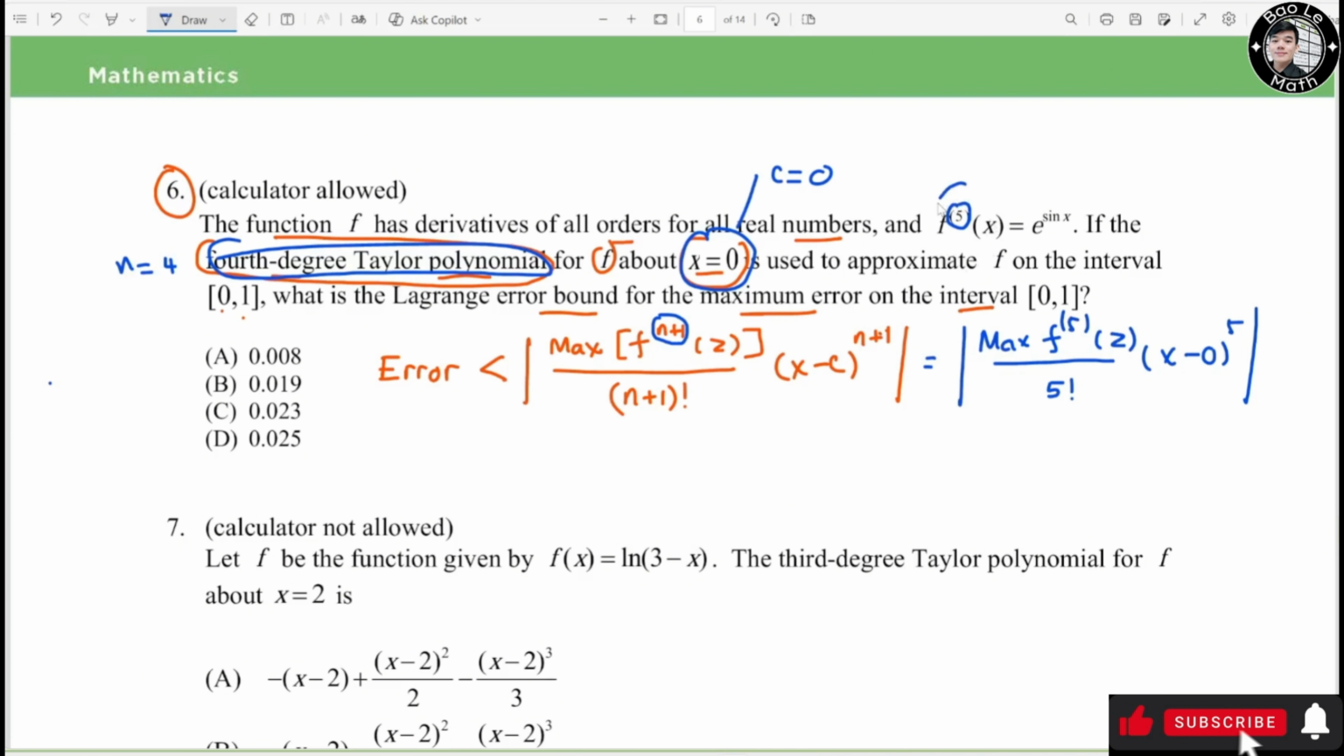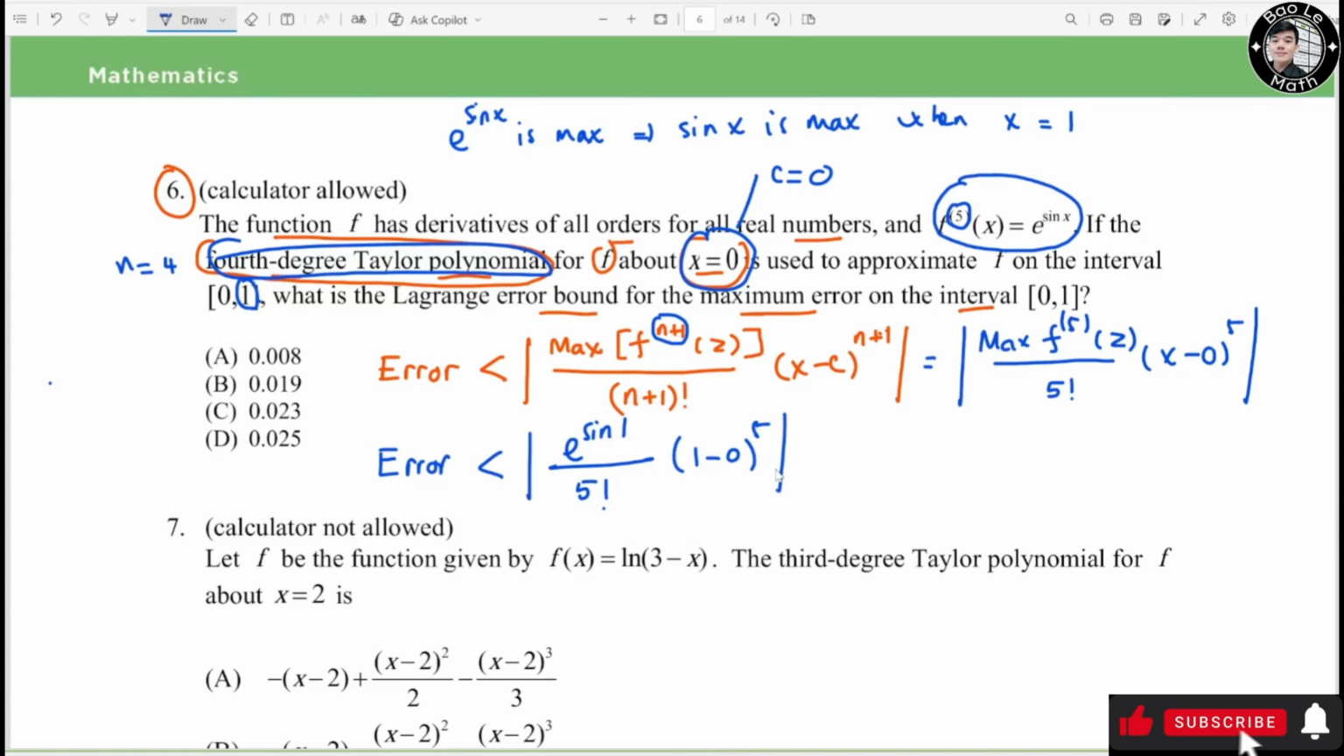So we need to find the maximum of this expression within this interval. Now e to the sin s is maximum when sin s is maximum, which happens when s equals 1, the largest value of this interval. So we substitute 1 for s, and we have: